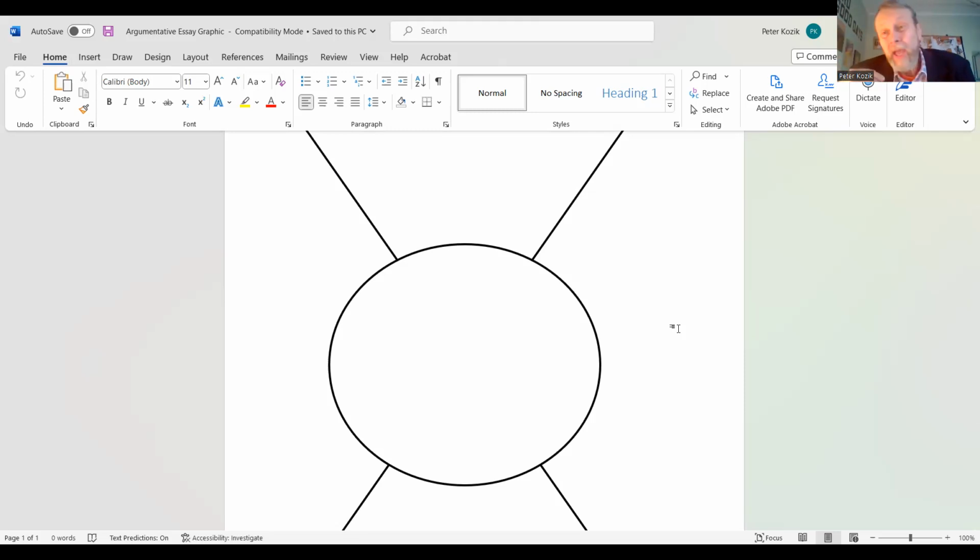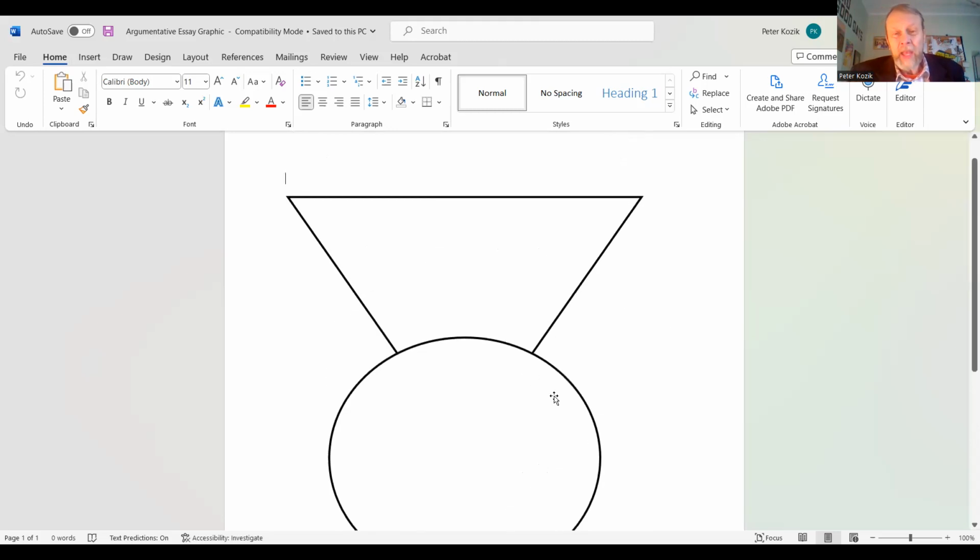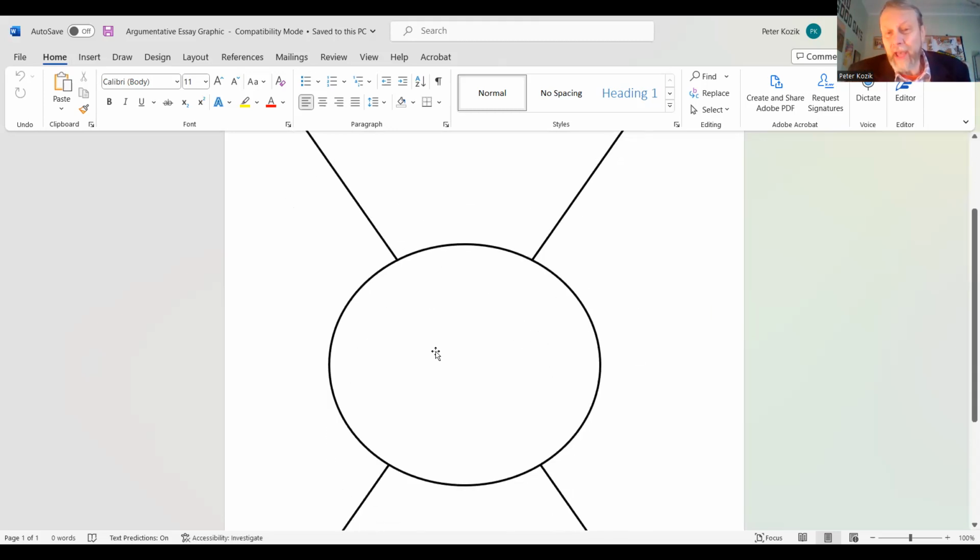Those are things like repeating what you're saying and repeating your argument several times. In these supporting paragraphs that you may recall from this hourglass figure that's taken from the Baker text, in the thesis you're saying what you're going to say, and your concession and your supporting paragraphs are saying what you just said, and your conclusion is making the argument, and then at the end saying what you just said. So this idea of